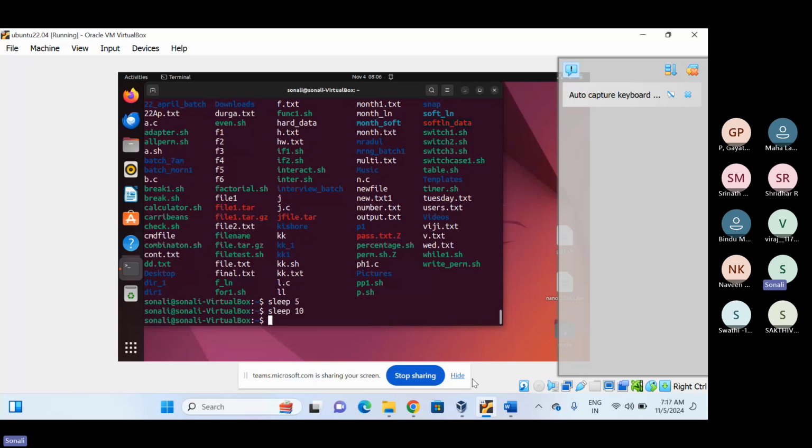Okay, so similarly if I do sleep 100 for 100 seconds, my cursor will stop. Okay, so this is a sleep command. What this does is it holds the cursor from coming back until the specified time has passed. So what happens is if I just write sleep